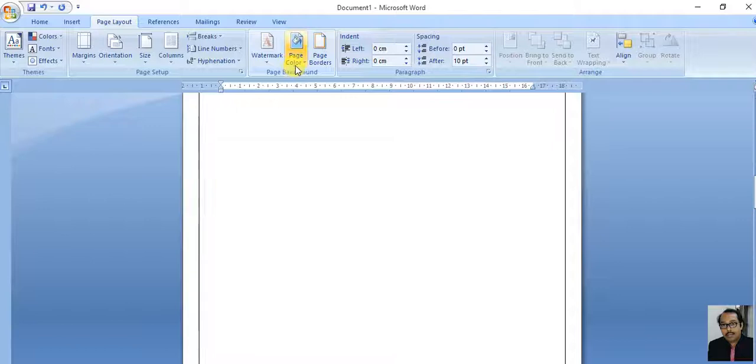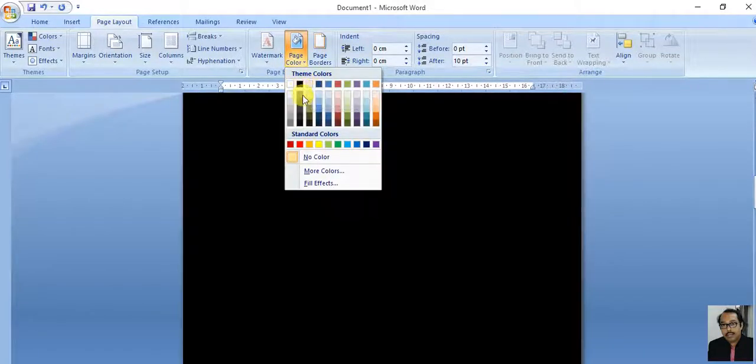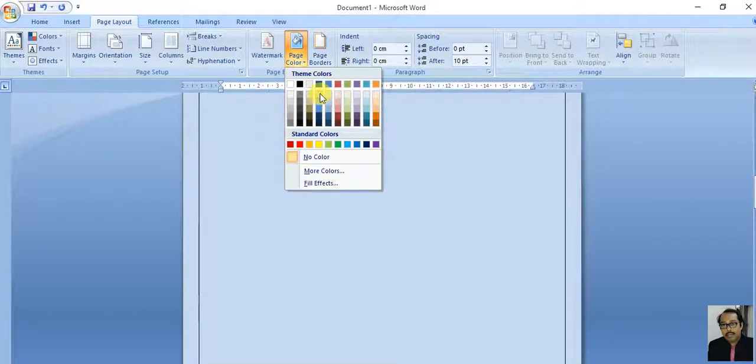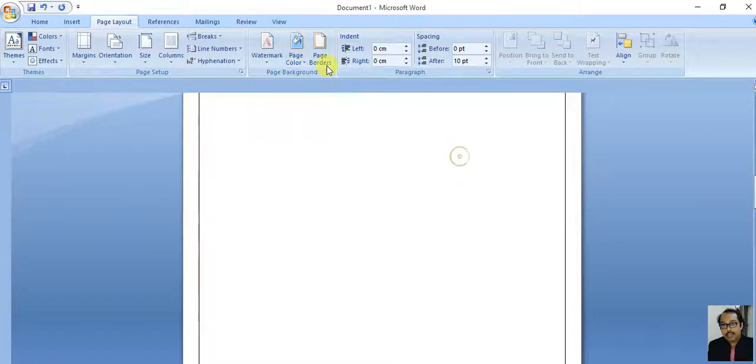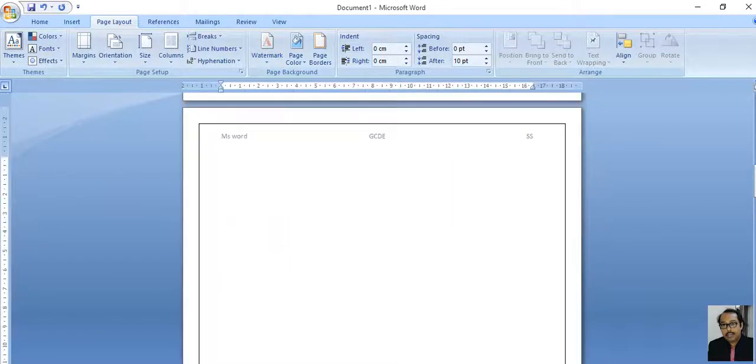I can give the page color also, like I can give a black color, I can give this light blue. So anything is possible. So you can give a page border, you can give a page color, you can give a watermark also. Great. Okay.